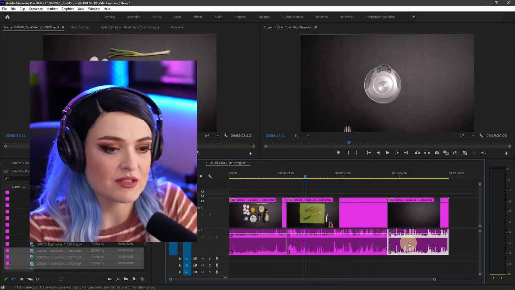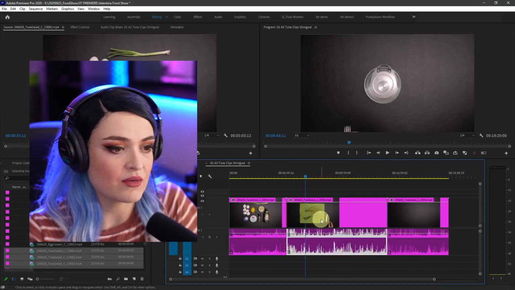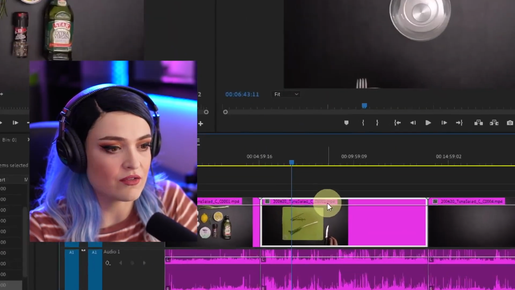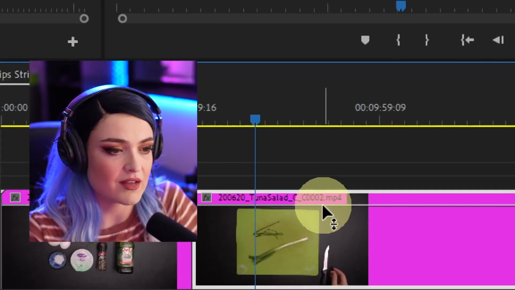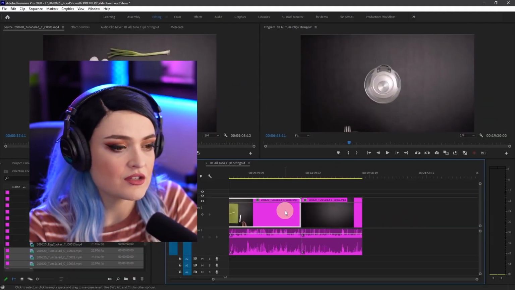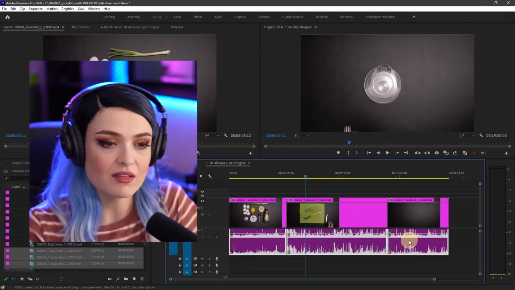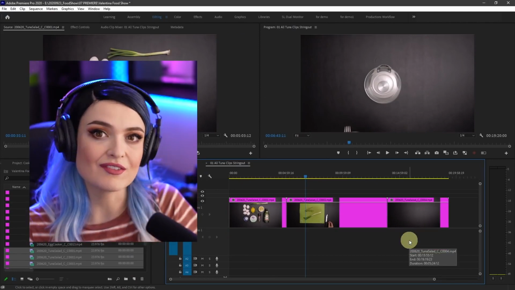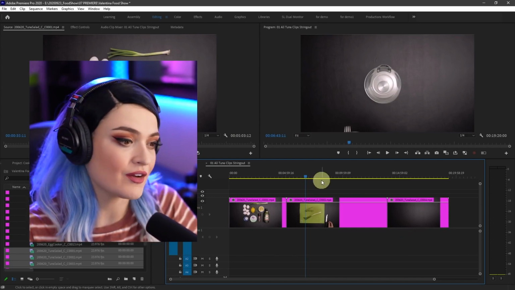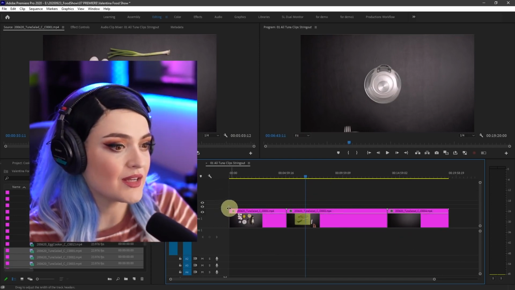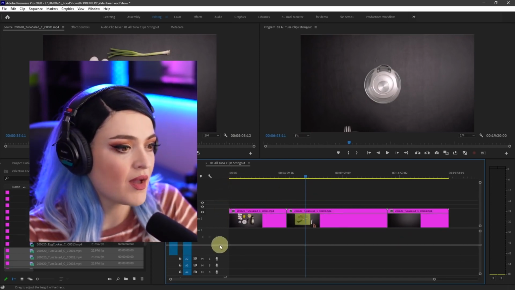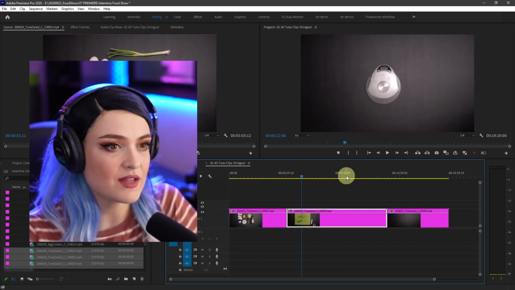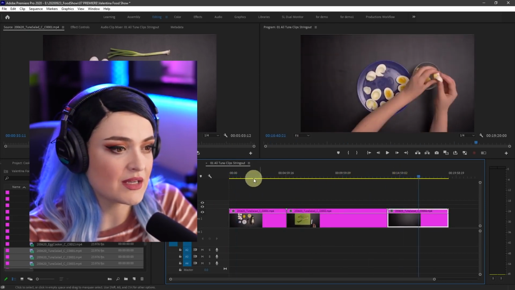Ta-da! Now we're able to select all the audio and video independently, and that little V in brackets at the end of the file name is gone. So now we can just select all these audio clips and delete them. We don't need them. This video does not require that audio. So now we can scrub through and get rid of things that we don't want or don't need in this